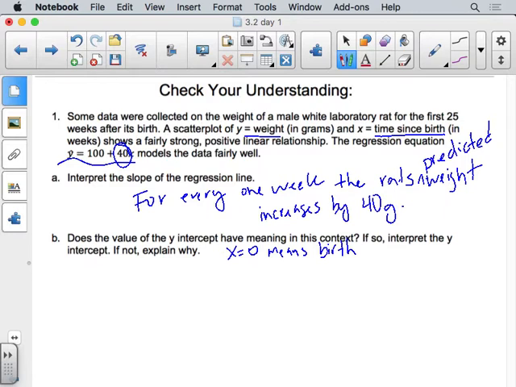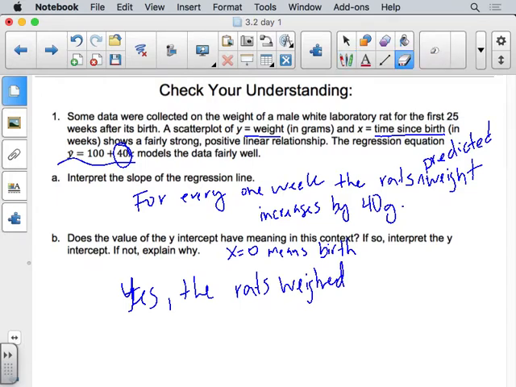Why would your car weigh 0? So sometimes you have to think about it. Does x equaling 0 actually make sense for this data? So this one it does. It's telling us how much they weighed at birth. So you could say yes, the rats weighed,